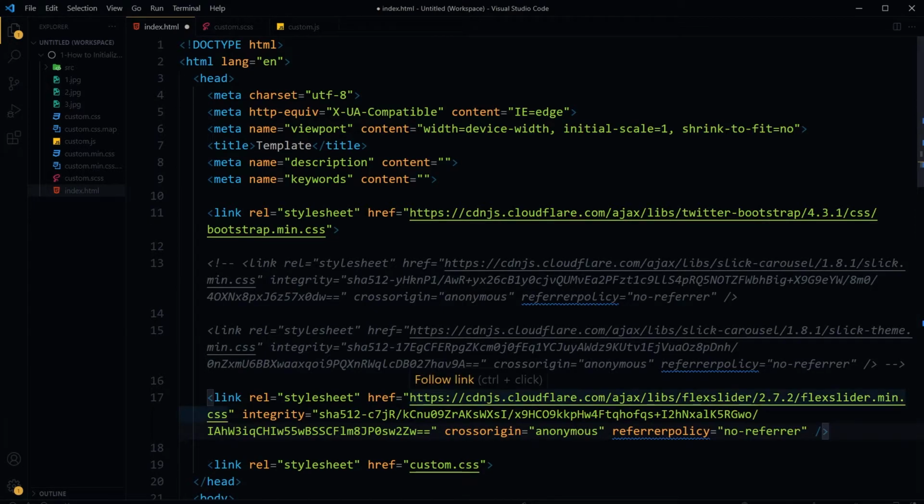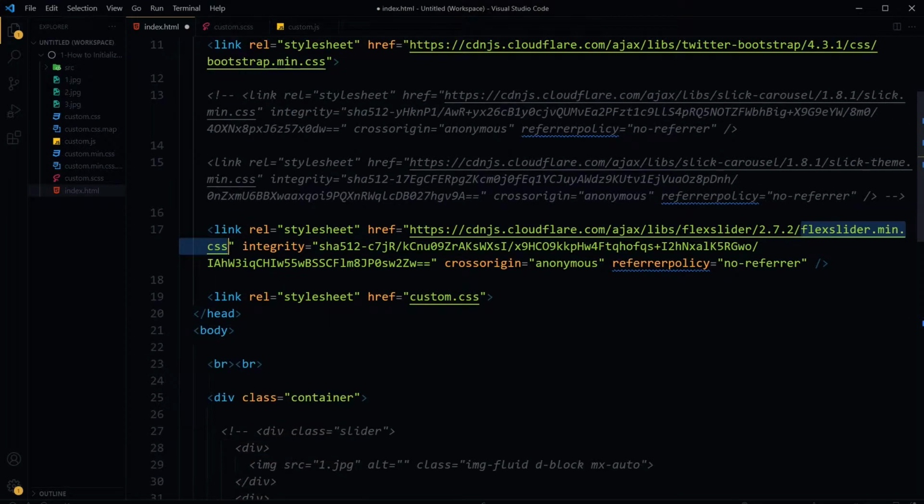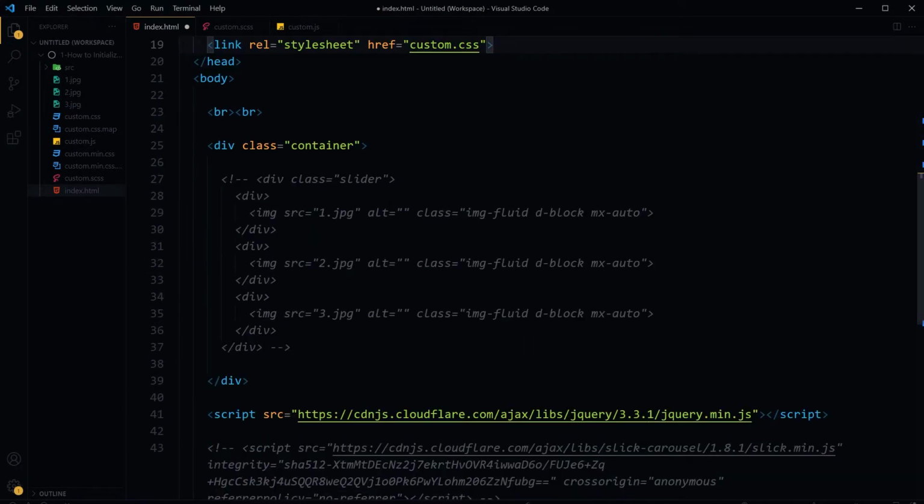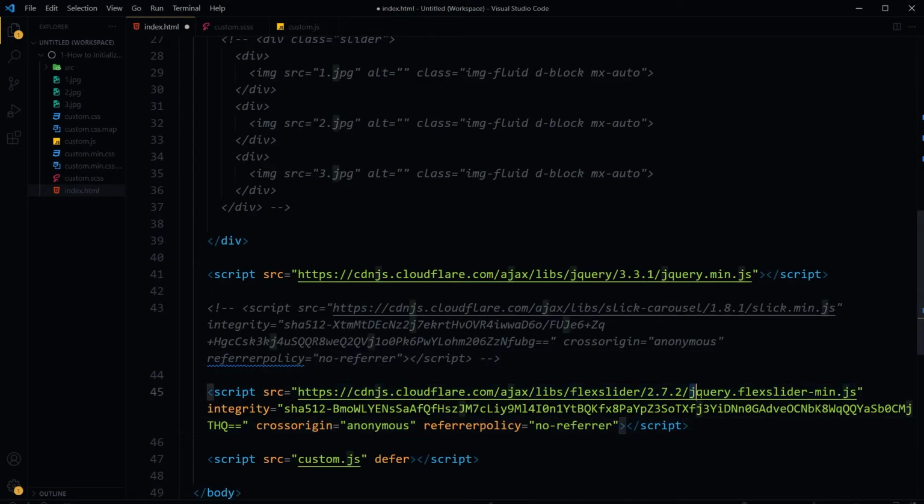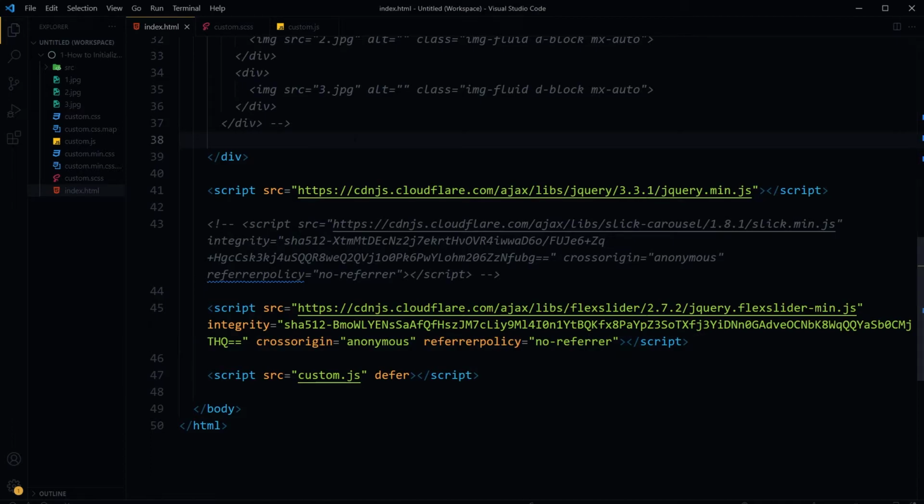It is flex slider CSS minified version. Then we will need its JavaScript file, jQuery.flexslider JS minified version. We will paste it after jQuery because jQuery is dependency. Then it will need a specific structure